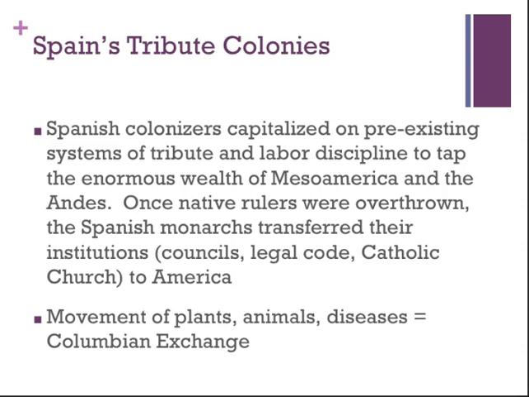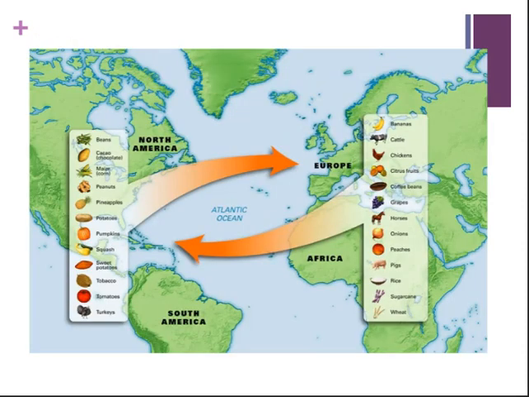We also have a movement of plants and animals and diseases called the Columbian Exchange, and I'll show you a picture of that here in just a second. But basically the Columbian Exchange is moving things from one country to another. So let me show you this image. Over here in the Americas, we have beans and chocolate and maize and peanuts and pineapples and potatoes and all these things getting sent over to Europe. In response, Europe and Africa and Asia have bananas and cattle and chickens and pigs and rice that they are sending back and forth. So now we are starting to trade between continents and large groups of people.